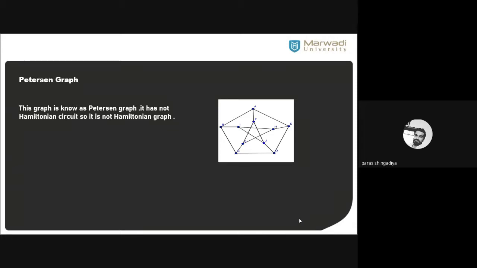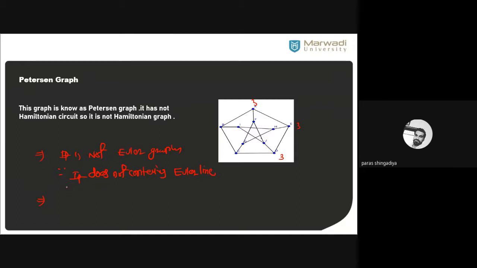Clearly it is not an Euler graph. Okay, because what is the degree of every vertex? All the vertices have degree 3. So it is not possible to manage such a closed walk which covers every edge exactly one time. This will not be possible because the degree of all is odd. If the degree of any vertex is odd, then we cannot say this graph is Euler. So the conclusion will be that it is not an Euler graph, because it does not contain an Euler line. Okay, no Euler line will be formed in which you can cover all the edges once. So that is the answer of the first one.